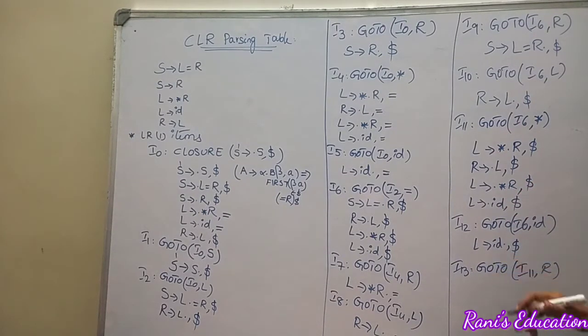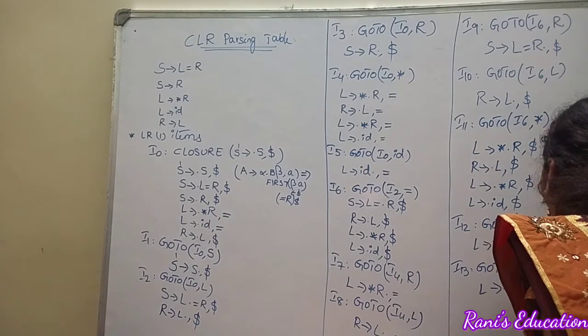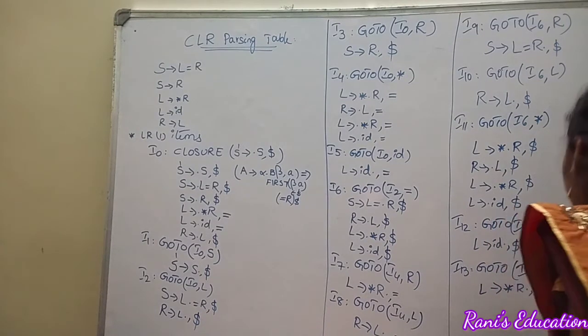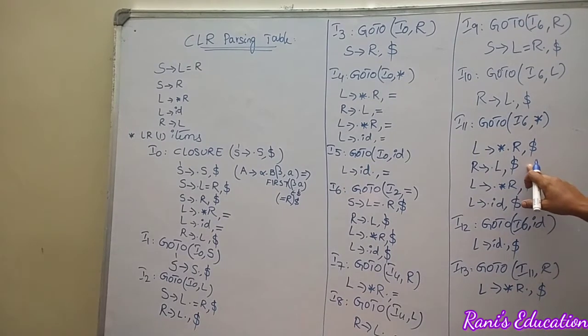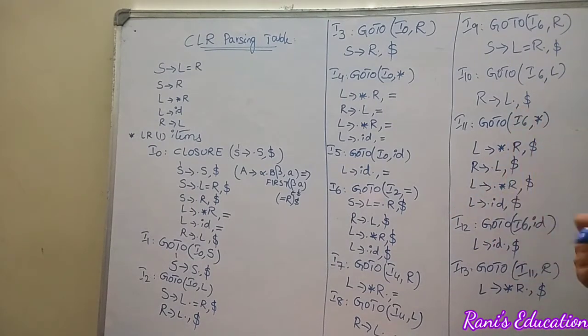I11 comma R. So what the production will we get here? L derives asterisk R dot whose look ahead is dollar. So what about this production in I11, R derives dot L with the look ahead dollar? Whether we have completed? Yes, we have completed in I10. What about this asterisk R, just now we have completed? So go for this production which is completed already by creating here I12. Right? So this is the way how we are going to complete all the productions by creating individual items.